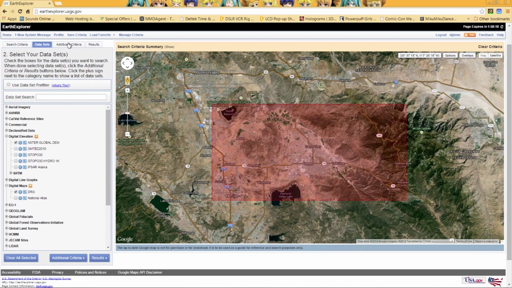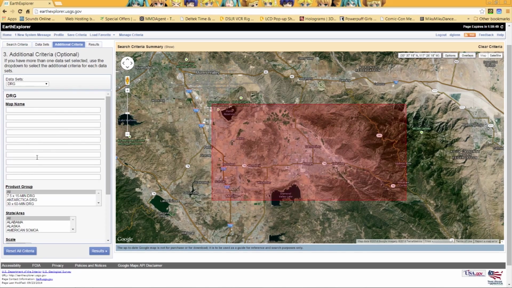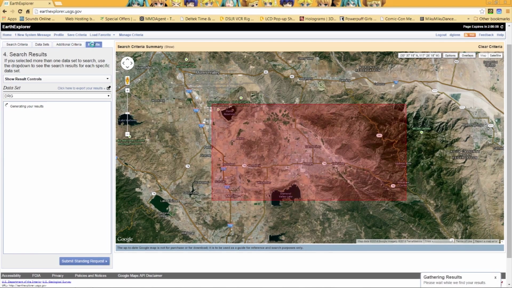Now, there is a thing here called additional criteria. For the DEM data, we're not going to worry about that. Also for the DRG data, even though we can get quite extensive, I'm not going to worry about it. I'm pretty satisfied that I can pick out what I need using the selection that I have. So I hit results,